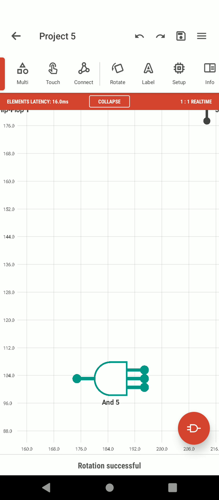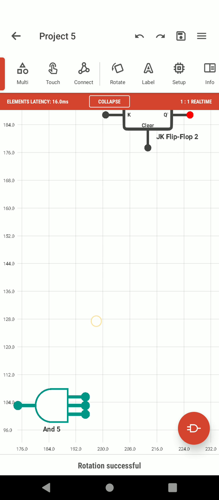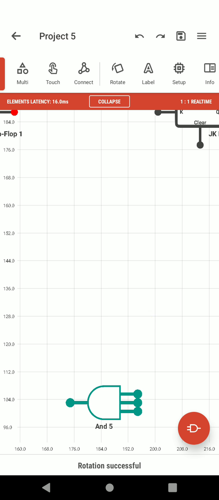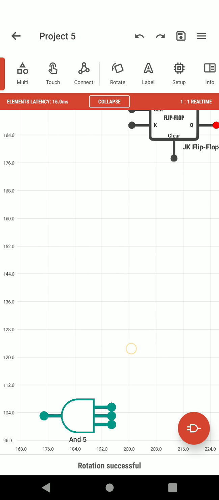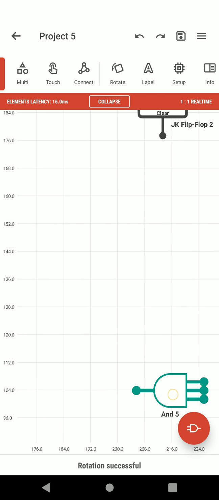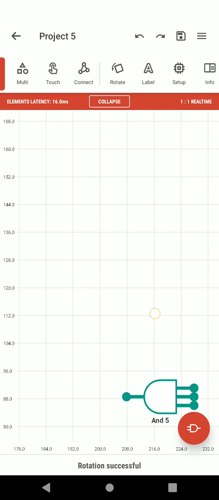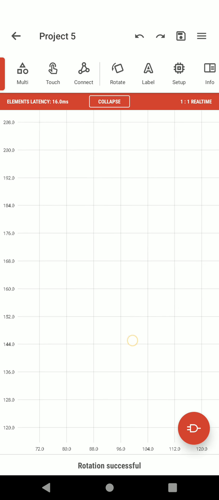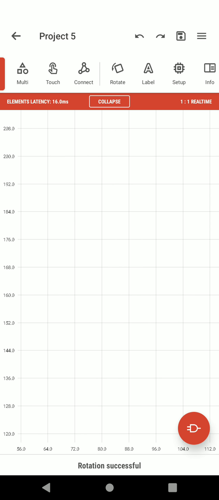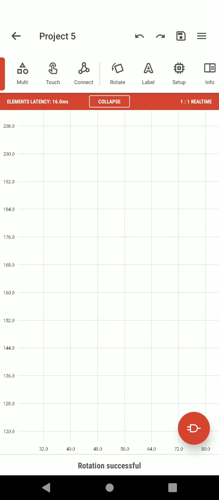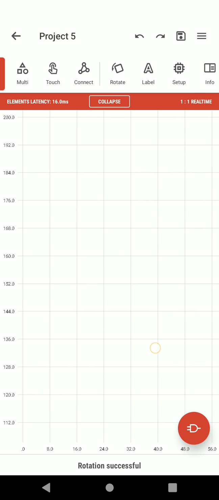Once again you need to rotate. Now the inputs are on the right hand side. We need to place it beneath the second flip-flop. The spacing has to be as far as possible. And next, we need to select ground. So let's select ground and power supply.